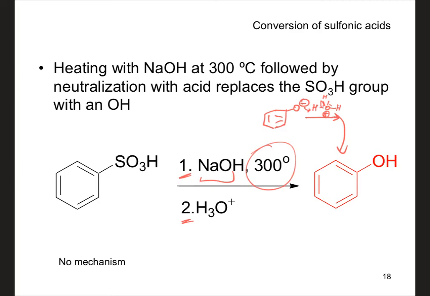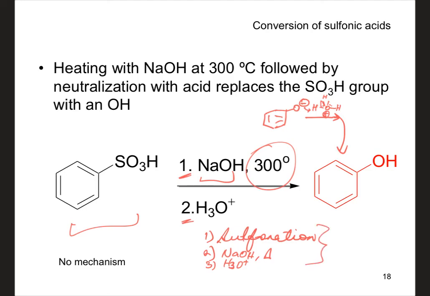So I would not ask you the mechanism of how we go from benzene sulfonic acid to the phenoxide, how that loss of the SO2 takes place, but just know that you could carry out the hydroxylation by a sulfonation followed by treatment with sodium hydroxide, heat, and then putting in the acid, H3O plus. That should give you the generation of phenol. So this is a good time to write this down for ourselves. Let's say the question is, prepare